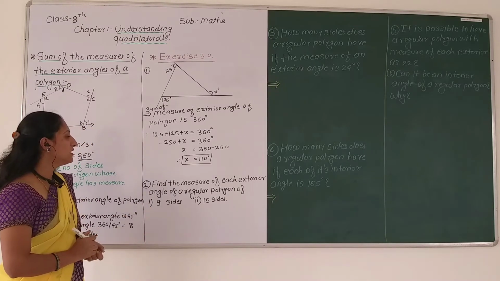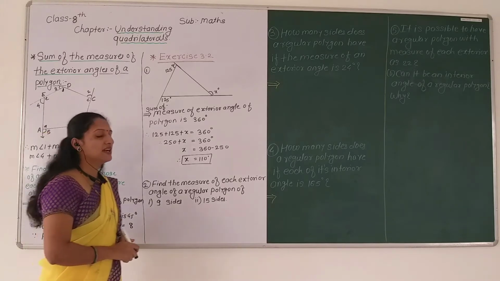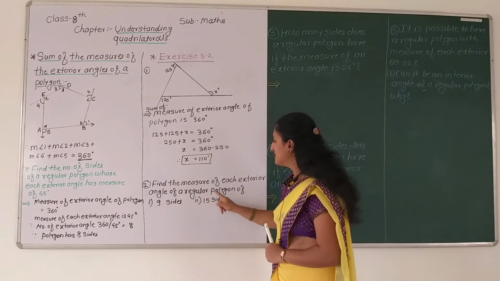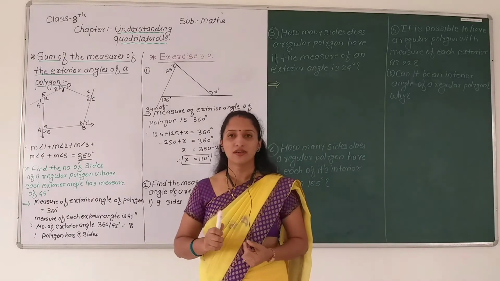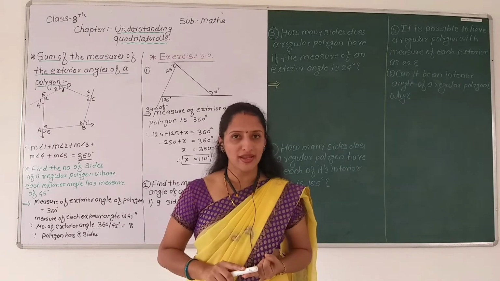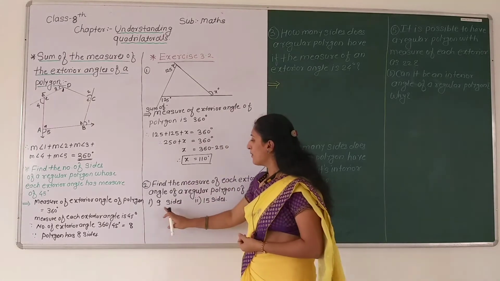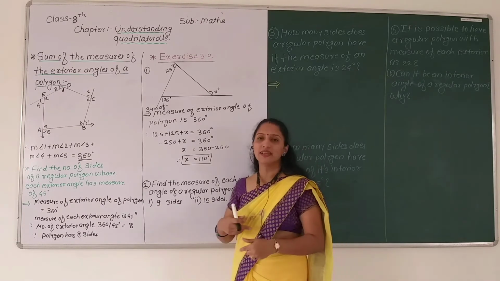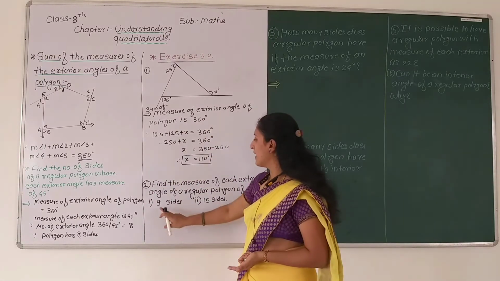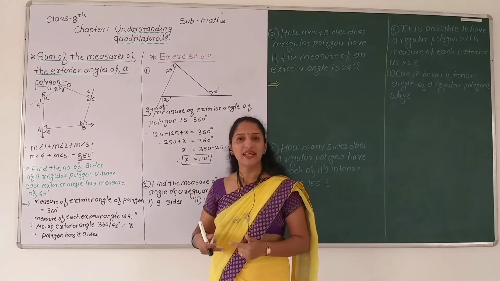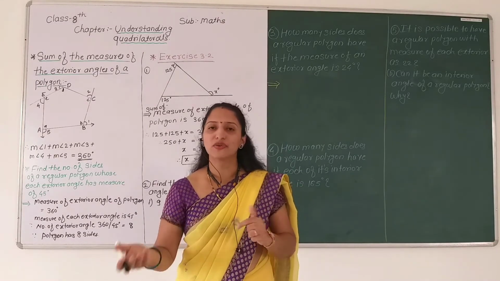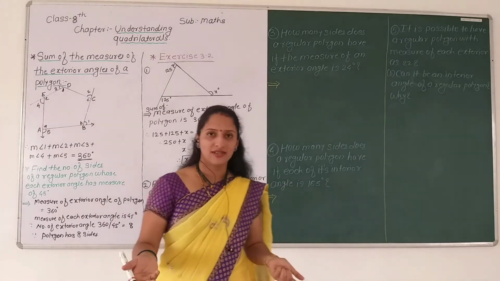So we want to find here the measure of each exterior angle. Now if it is a regular polygon, what does that mean? A polygon having the same number of sides and the same number of angles, right? So if the polygon has 9 sides, then it has 9 angles, right? If interior angles are 9, then exterior angles are also 9, right? So